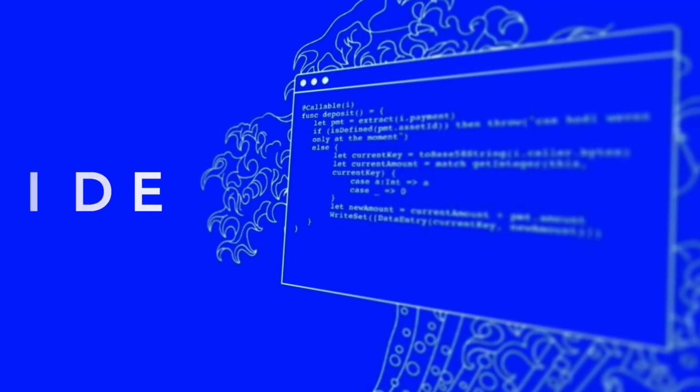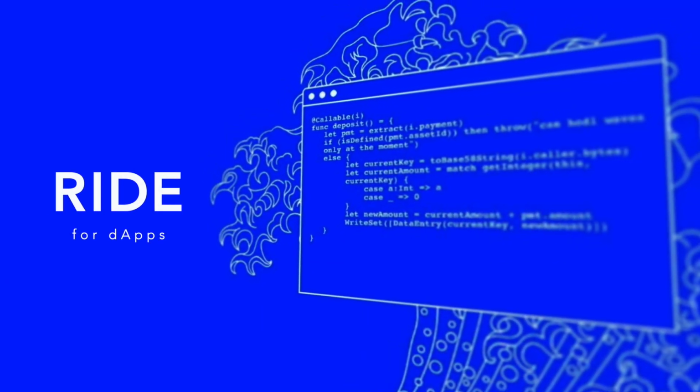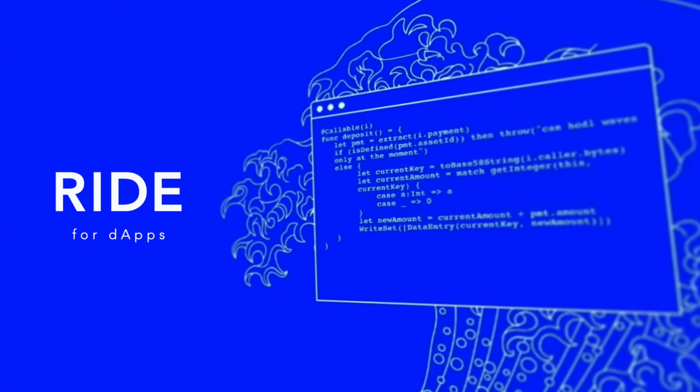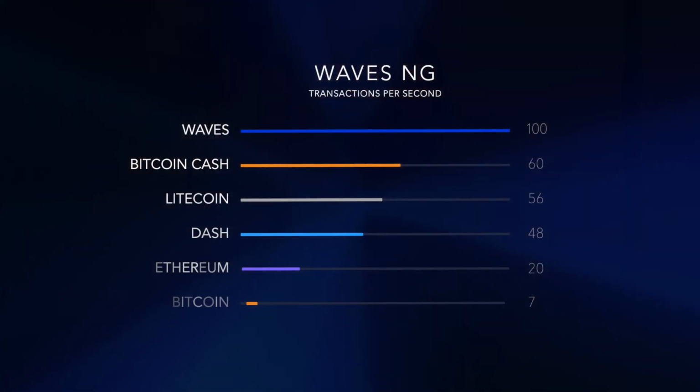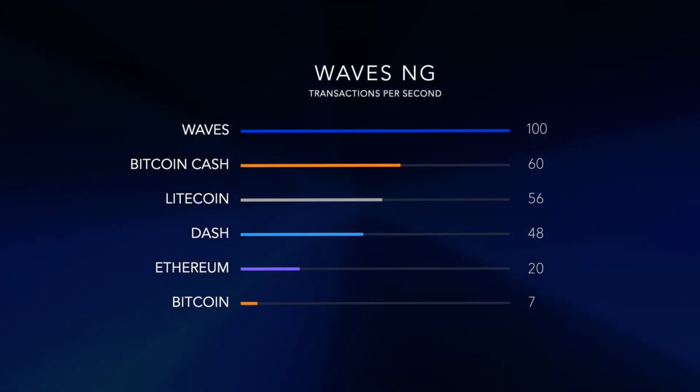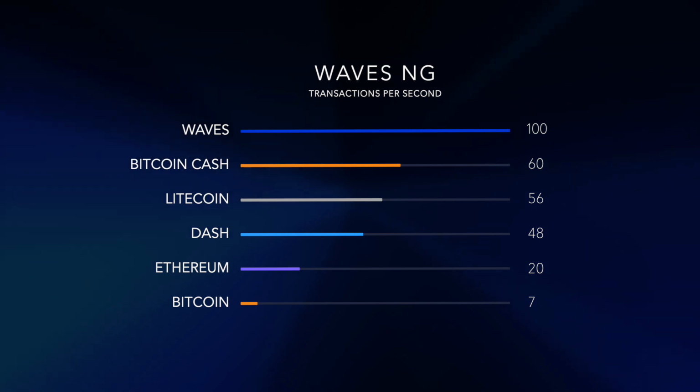Like mentioned, Waves just launched their smart contract programming language for dApps on the mainnet, called Ride for dApps, and this was included with the update Waves Node 1.0. This allows developers to build full-fledged dApps utilizing the benefits of the Waves blockchain, like a healthy transactions per second of 100 plus. With the correct optimizations, the Waves blockchain can hit 1,000 TPS. Scalability isn't an issue. Now, the base RIDE language is a blockchain scripting language, which enables smart blockchain transactions.